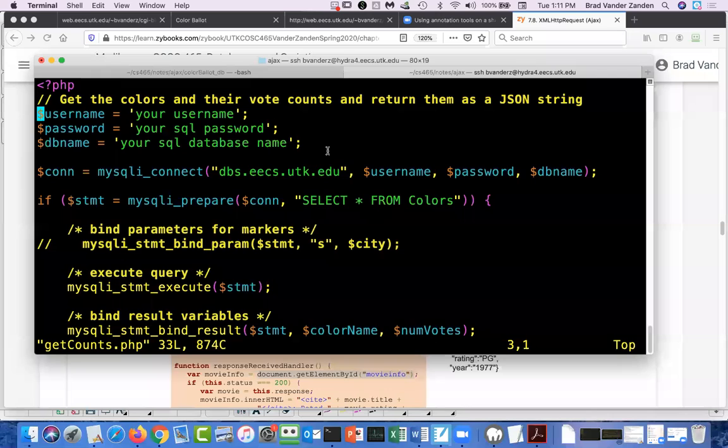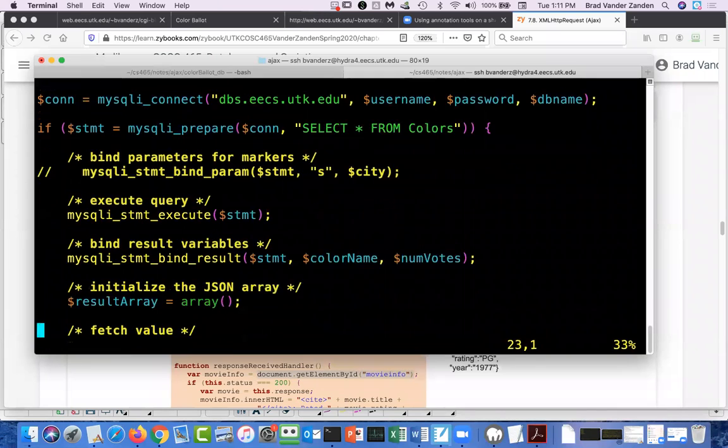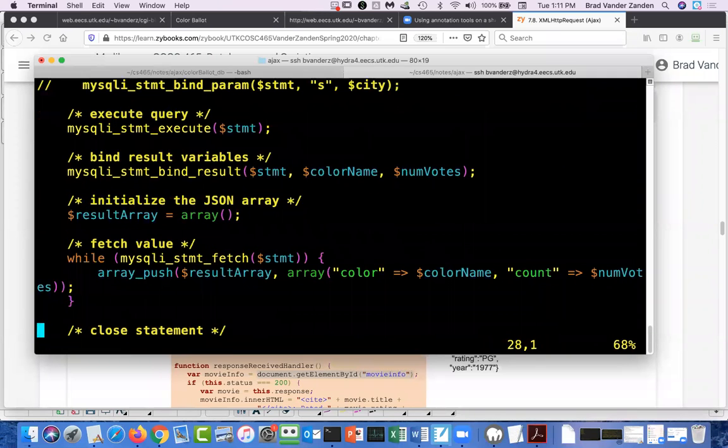The other thing I wanted to point out is how I'm returning the code to you. So it is coming back to you as an array of objects. And the array of objects is going to have color as the one key value pair, and count as the second key value pair in the array.